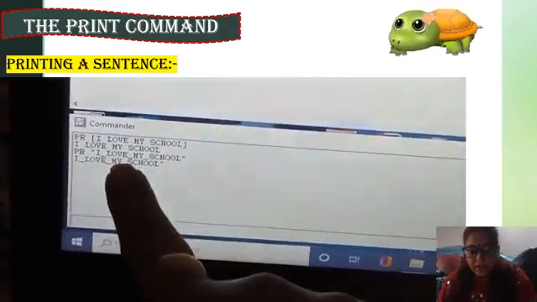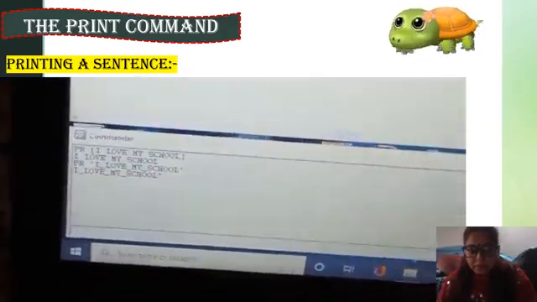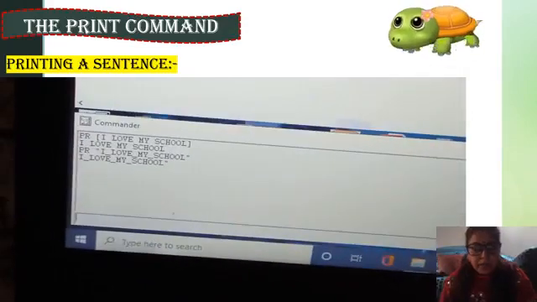See here, I love my school. Like this you can print the sentence. Understand children?